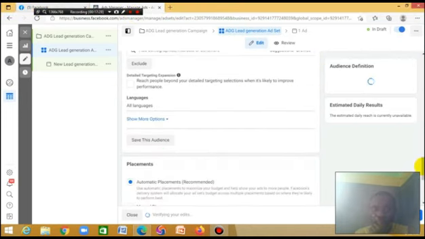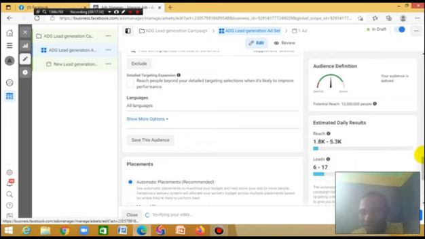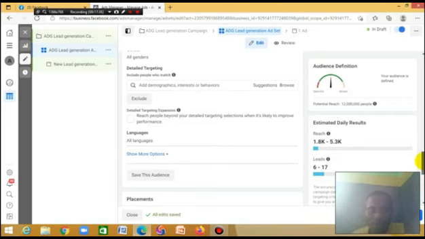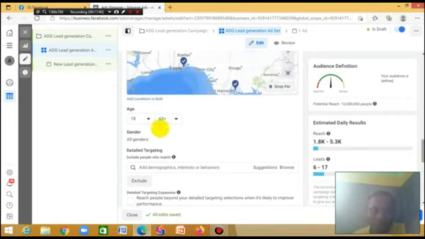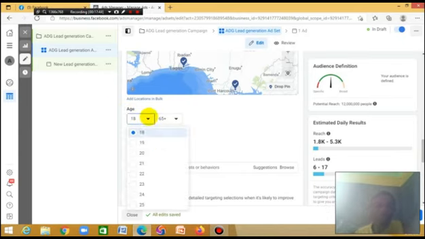So you scroll down and then come under this place, under gender. Okay, before the gender, you see the age. This is where you select the age. Depending on the product you want to promote, you want to know your target audience,